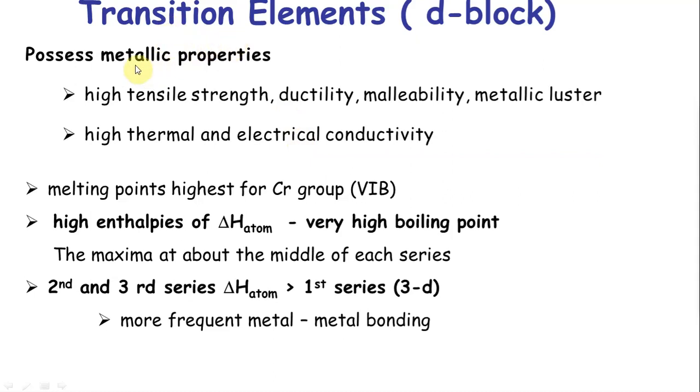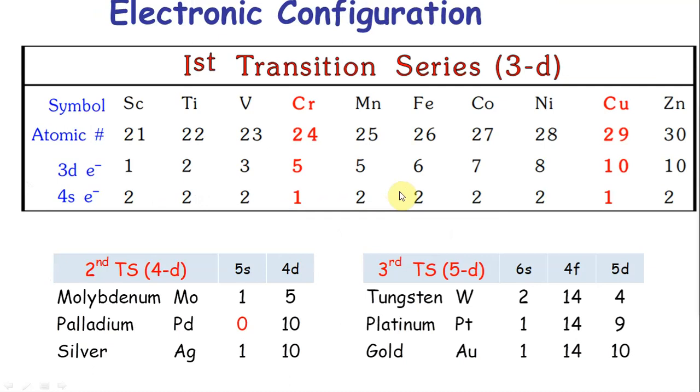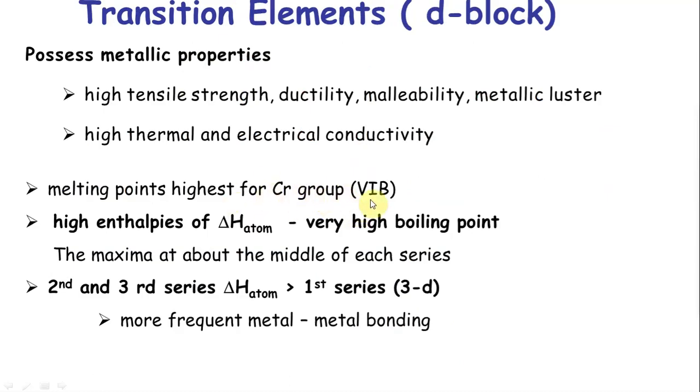So transition elements, being metallic, possess high metallic character. These are the metallic characters that you already know. They have a lot of d electrons, a rich sea of d electrons, so they have high metal-metal bonding. The melting points are always highest for the chromium group. This is easy to remember. When you go to the previous slide, you can see that the chromium group has the highest number of lone electrons. Here I have paired electrons, here I have lone electrons. 6 electrons are lone electrons. Because it has a lot of lone electrons, it can form really efficient metal-metal bonding. Hence, the highest melting point is for the chromium group.